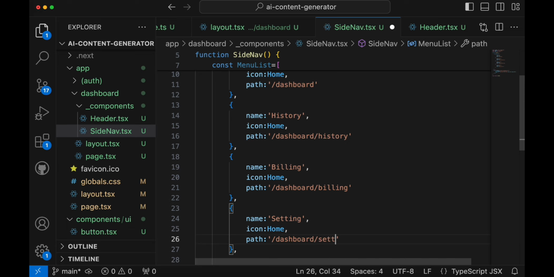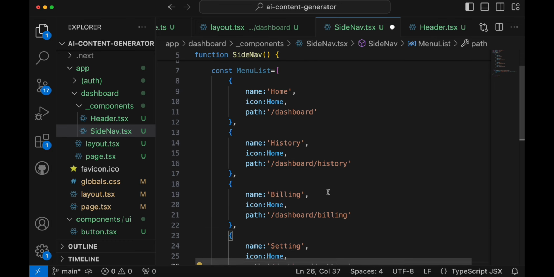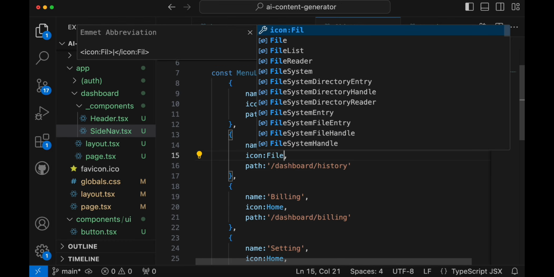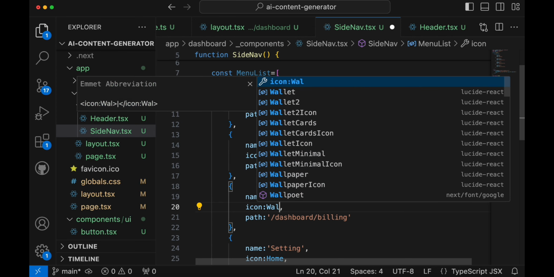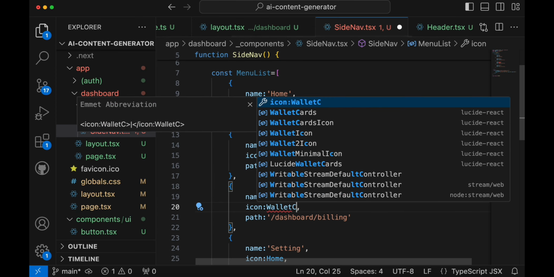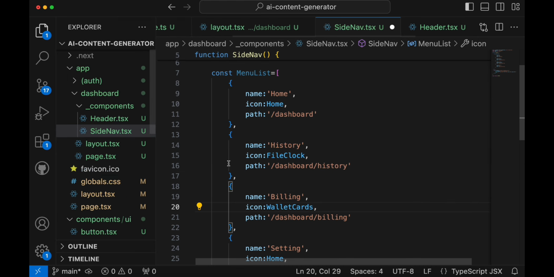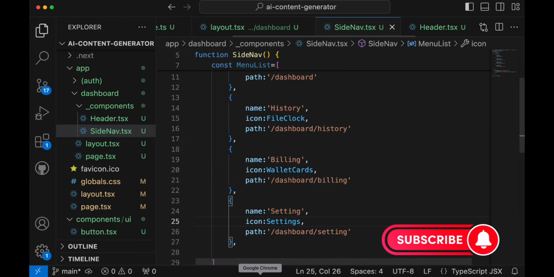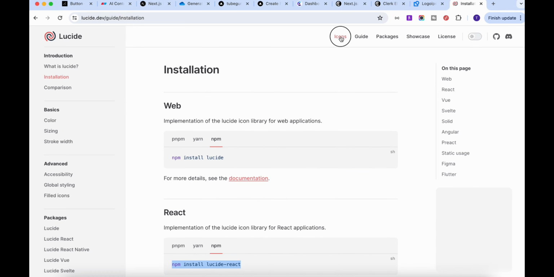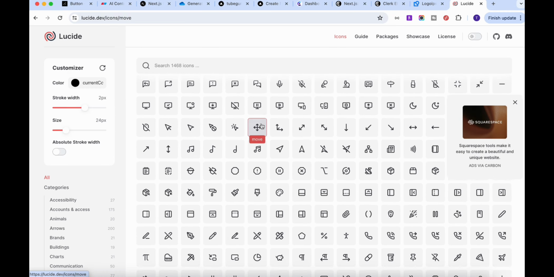Slash settings. Okay, so this is the four-item menu list we added. Obviously we'll change the icons. Here we'll say file clock, then here wallet cards, and if you see, this is how it looks, and the last is settings. Now for these icons, if you go to the Lucide icons site, you can click on any icon and see in action how to use it. See,